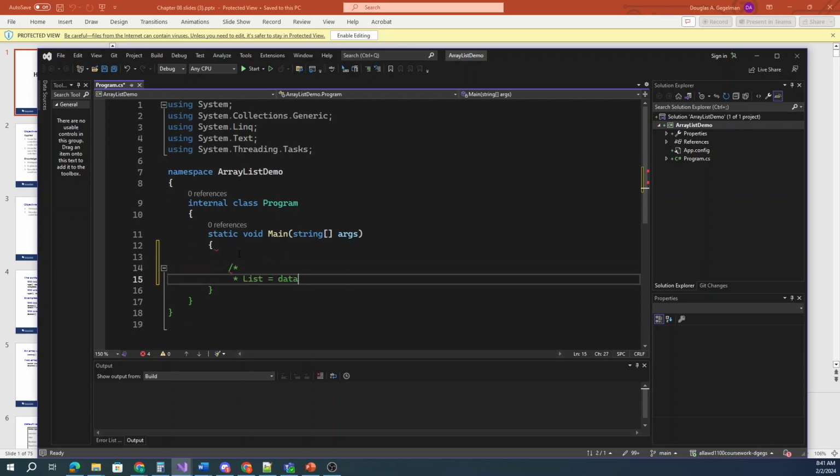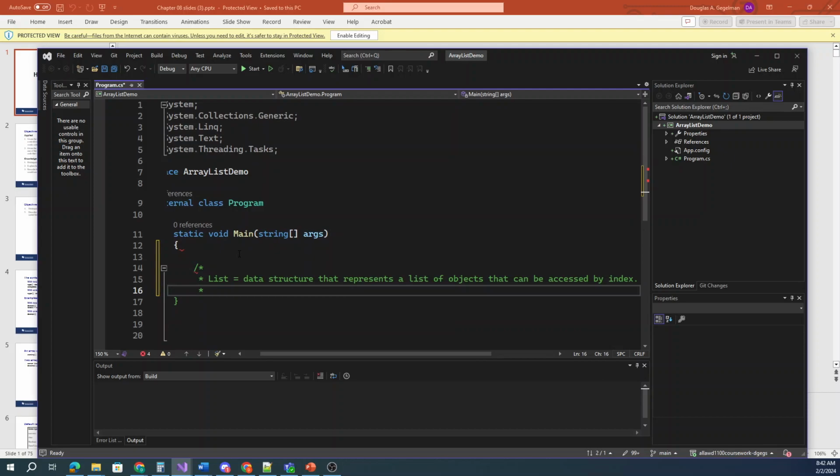A list is a data structure that represents a list of objects that can be accessed by index, similar to an array, but can dynamically increase or decrease in size,